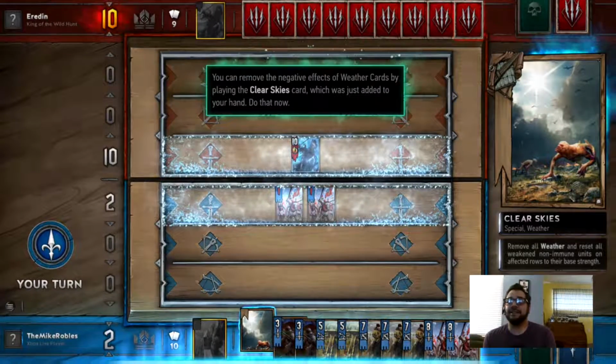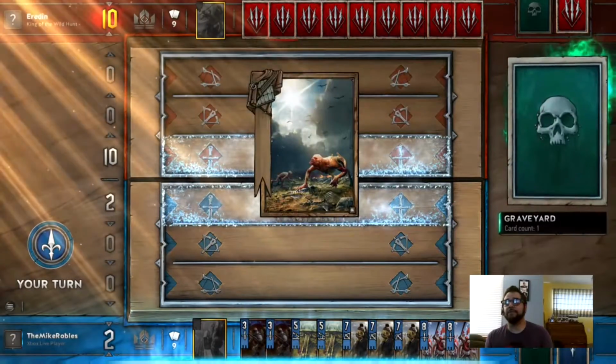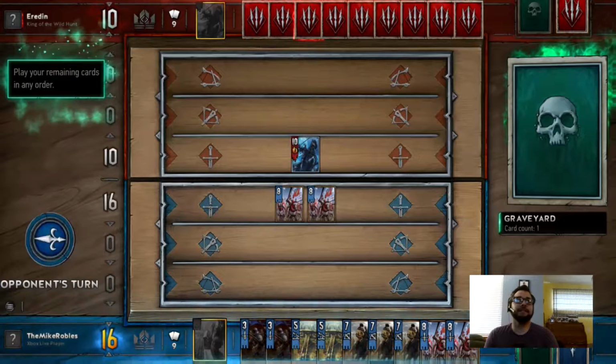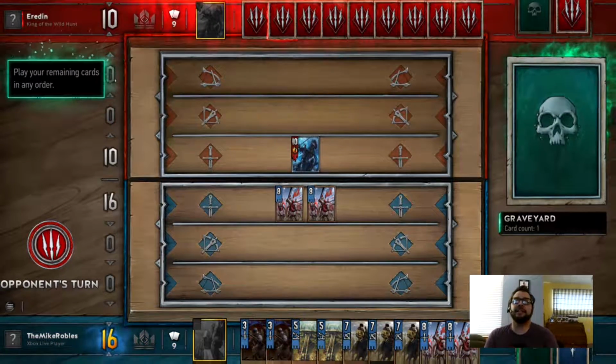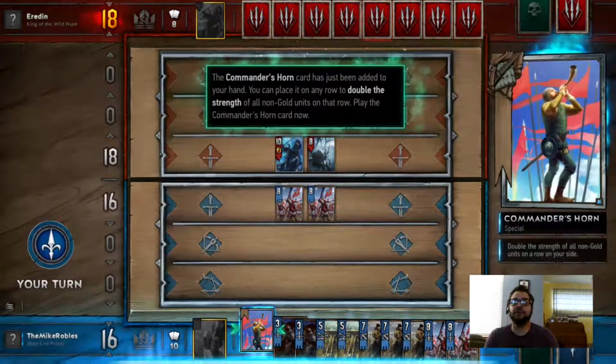Alright, you can remove negative effects of weather cards by playing the Clear Sky cards. So let's go ahead and do that. Clear skies, smiling at me. Alright, now I get to play our remaining cards in any order. We've got 18, so we're going to go ahead and...